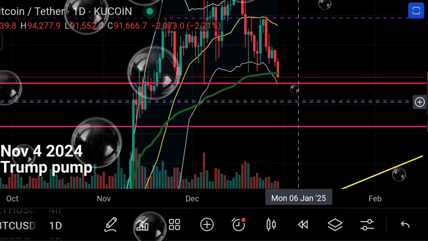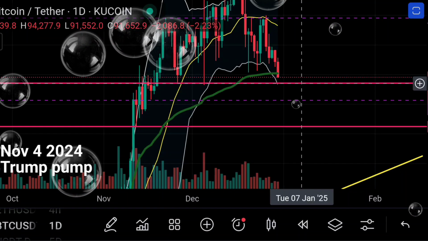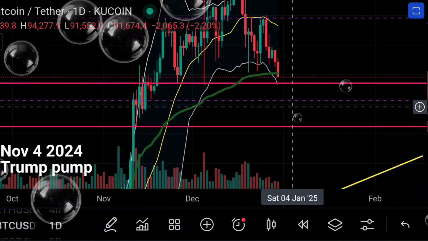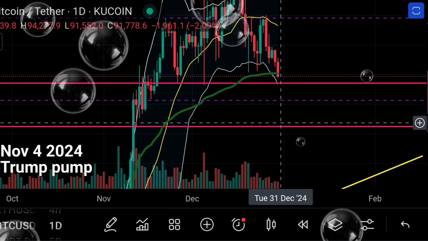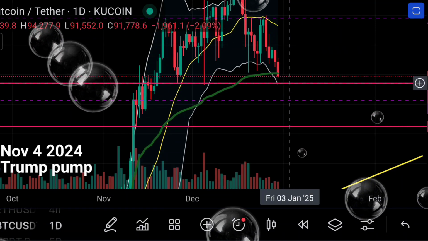The previous order block where this purple line is, and this dark red line, I believe price will attempt to shoot back up. So if I put money right here, I can rescue my money. If I put money at this 85K area, I can rescue my capital that I put right here in this